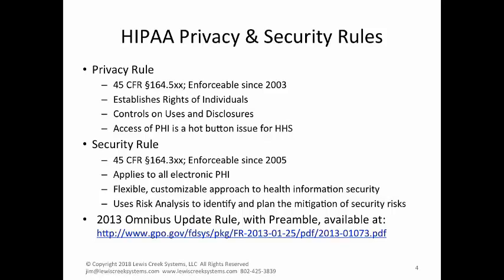And as well, there's various requirements on the organizations as to how they're allowed to use or disclose the information for their own purposes. And so the thing about the privacy rule is there's a lot of aspects to it. It covers a lot of bases, but access of health information